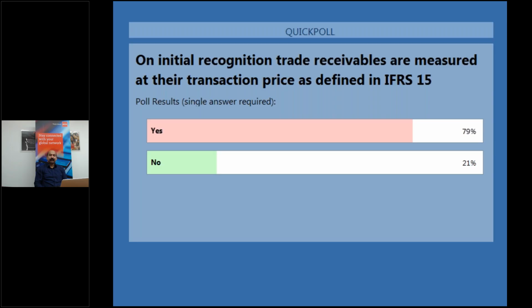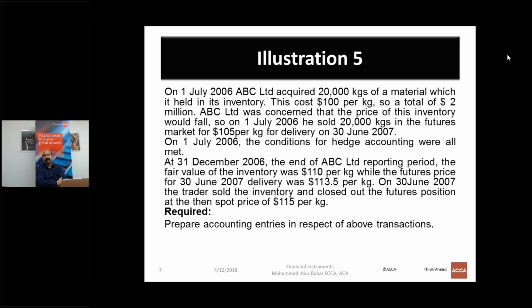We learned that the financial asset should be initially measured at fair value. But there are two exceptions. One is trade receivable is a financial asset, but initially this will be measured in accordance with the criteria given in IFRS 15. So this was one exception. Another exception is